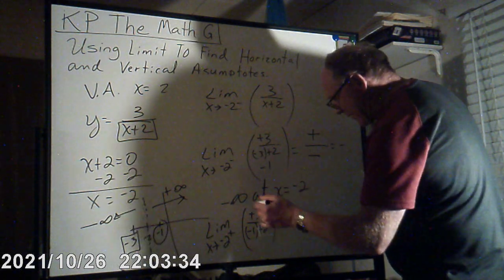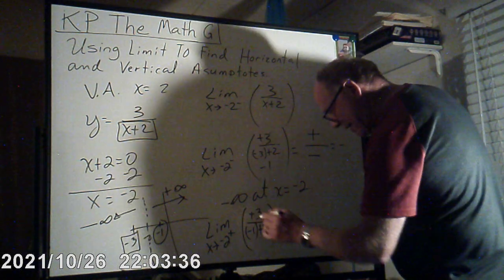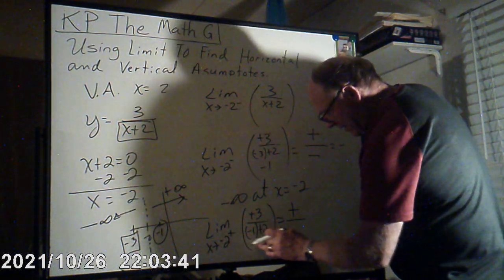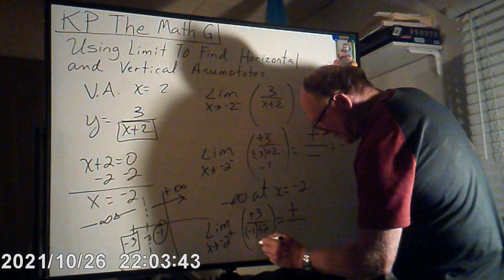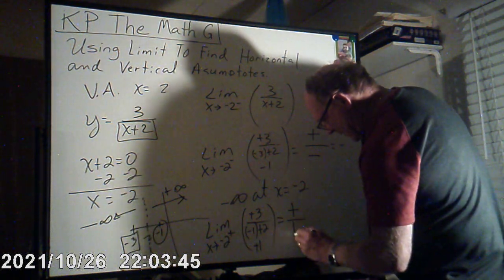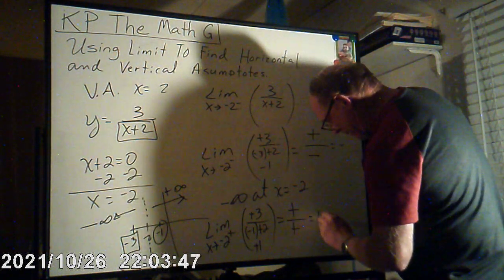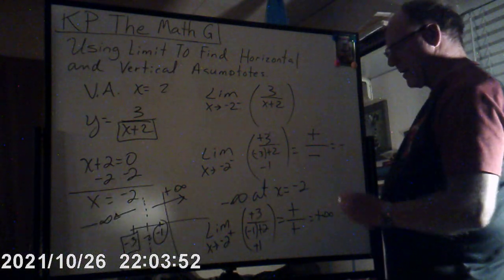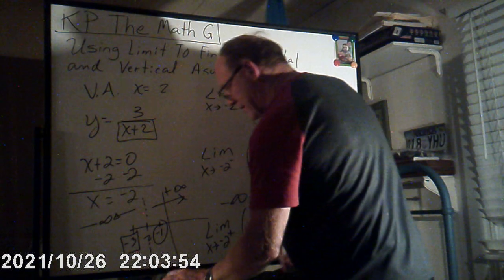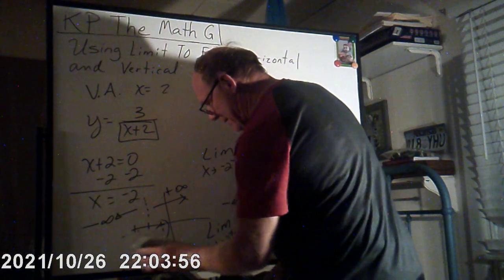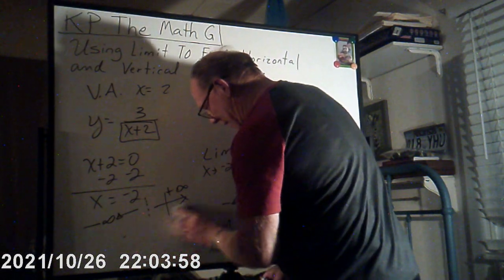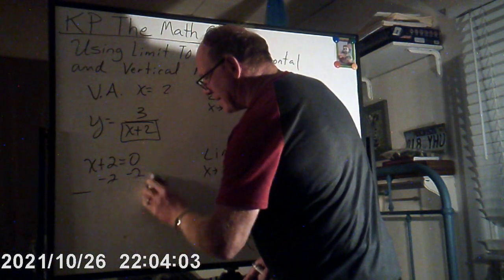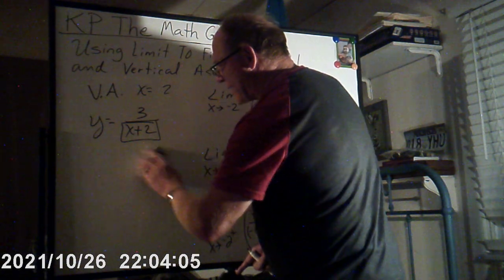This could be 300. This could be 3,000. But needless to say, it is a positive number. This is also positive. -1 plus 2 is 1, and 1 is also positive. So positive over positive is a positive infinity. So the graph, what does that look like? I know what the horizontal asymptote is too, don't you? Because the degree of the numerator is less than the degree